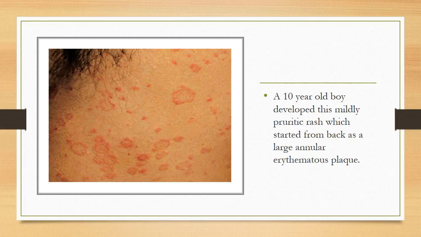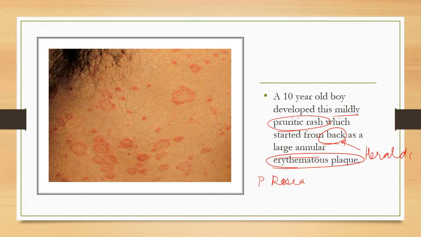Next, we have a 10-year-old boy who developed this mildly pruritic rash. So it is a mildly pruritic rash. Again, see, usually these things will be mentioned. And the main morphology is a large annular erythematous plaque, the initial lesion. Now we can see there are a number of lesions and it started from the back. This is a typical history of pityriasis rosea, and the initial lesion that has been mentioned here is called